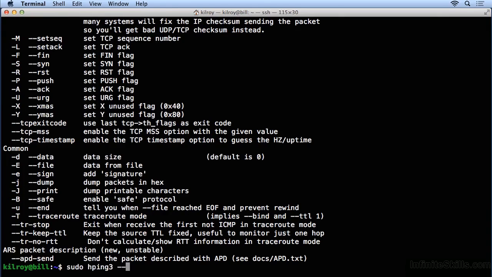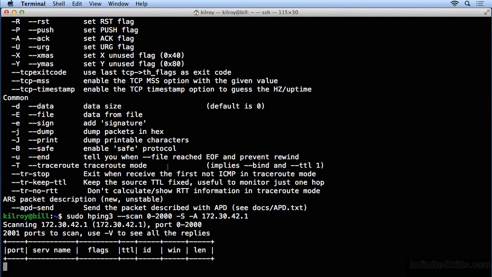I'm going to do Hping 3. I'm going to do it in scan mode. And scan mode expects me to provide some arguments here. I'm going to say use ports 0 to 2000 and scan all of those ports. Now I need to specify the type of flags that I want to send. I'm going to send a SYN flag, and let's just send an ACK flag as well, just for fun. And now I'm going to say the host here is